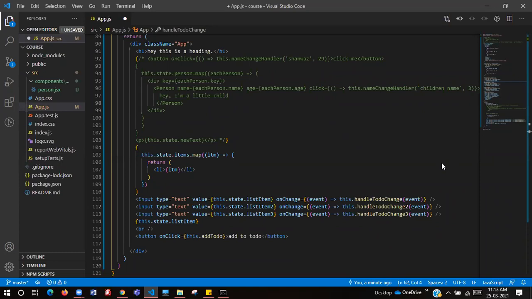Still showing the same error. Apart from that, everything looks fine. Still the same.